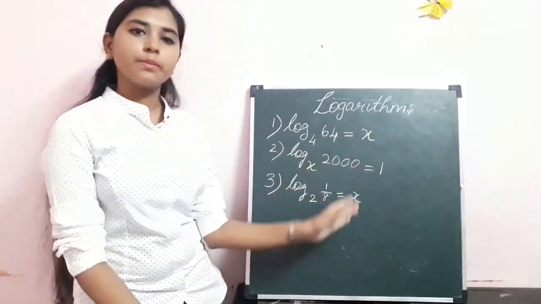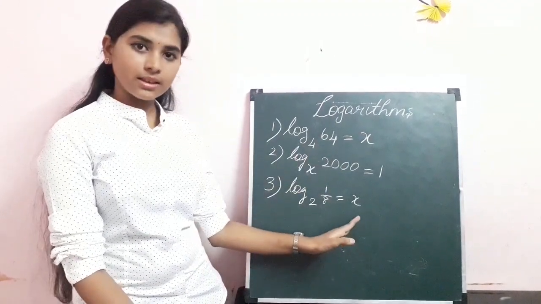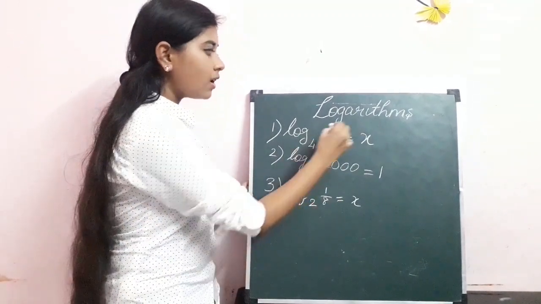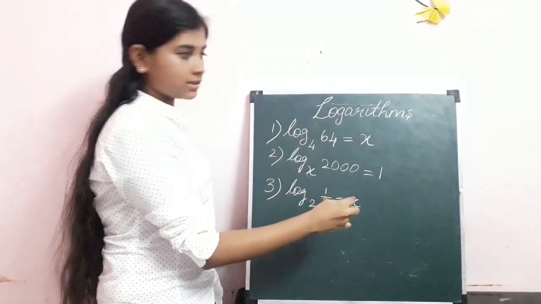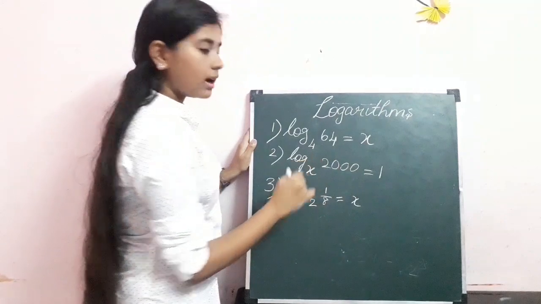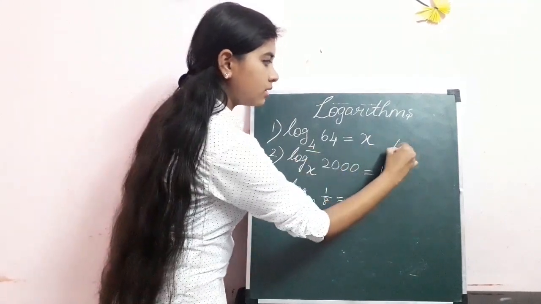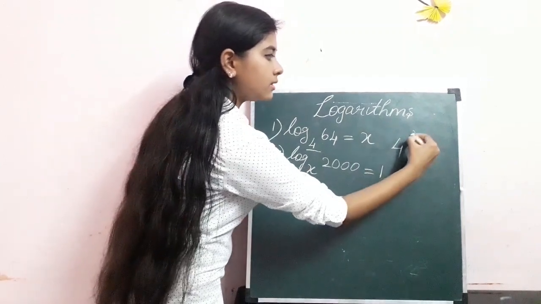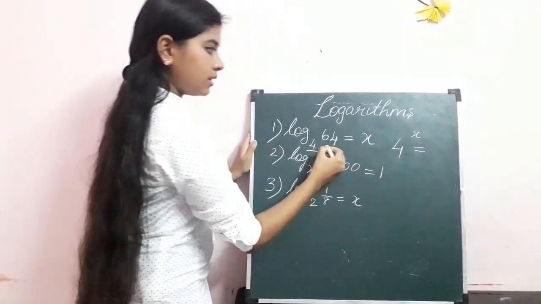Now, let's move on to some problems. We have to find out this x. Okay. So, log of 64 to the base 4 gives you x. Then find out x. X is nothing but, think of a formula: you put this base down, raise to the power x, that is your right hand side, equals this 64.